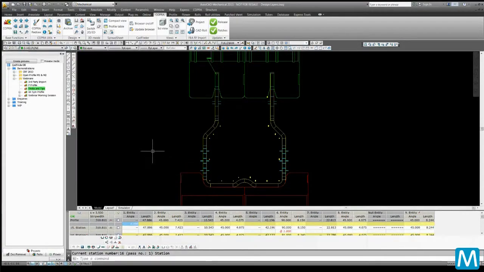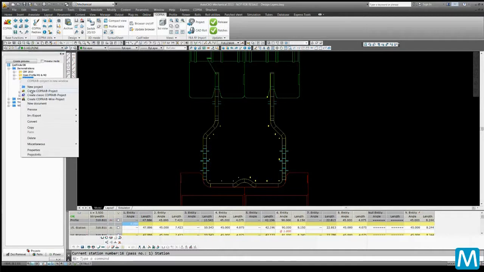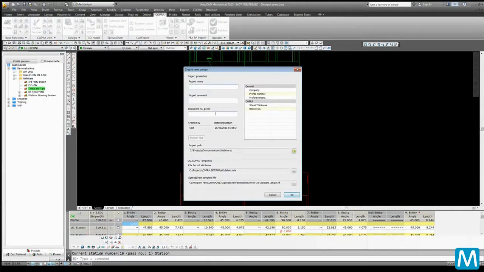So first things first, what I'm going to do is create now a new parametric project. As we all know, I'm going over here to CAD Finder and I'll right click, within my demonstrations here, and create a new COPRA project. I'm just going to call this webinar PM